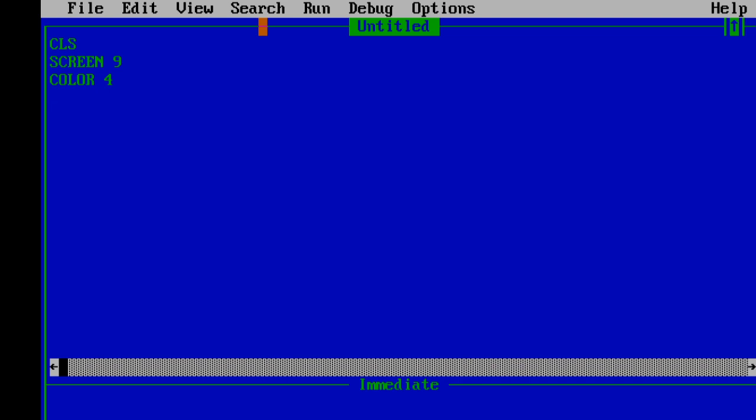Is it 4 is the red color? Then I am going to print something. I am writing here hello class 7A. Then I am going to make an end statement here. So according to the concept here, what is that? It should go in what? Red color. I am going to run this. See, a red color is coming.